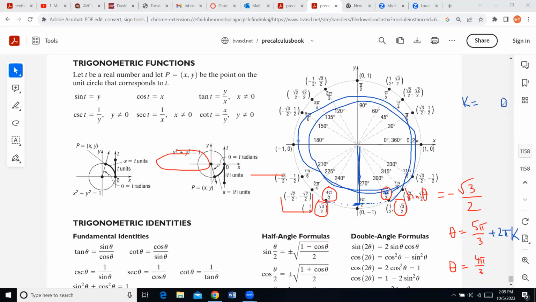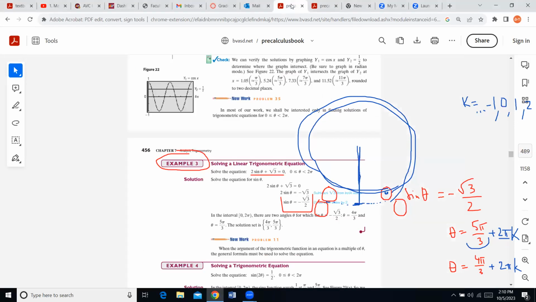So it could be 0. If k is 0, then you just have that 5 pi over 3. Or if it's 1, then you add 2 pi. If it's 2, you'll add 2 pi and then again 2 pi. But you can go the opposite direction. So it'll be -1 times 2 pi, or -2, etc. And the same thing will be with the other solution. So this is something that comes automatically because the period of the function that we work with, and this function here is a sine, is equal to 2 pi.